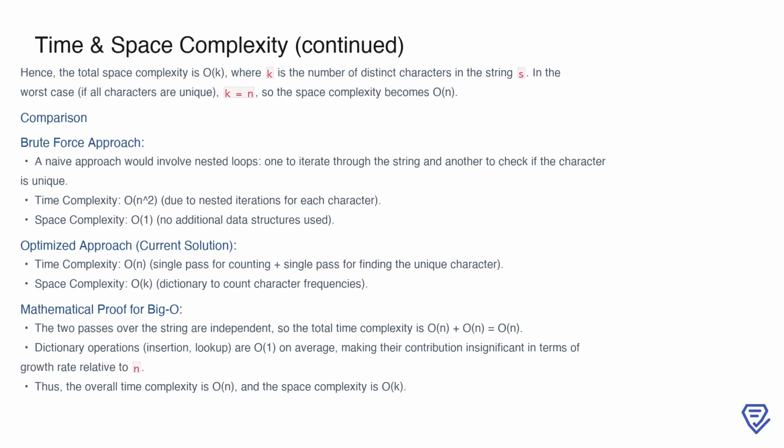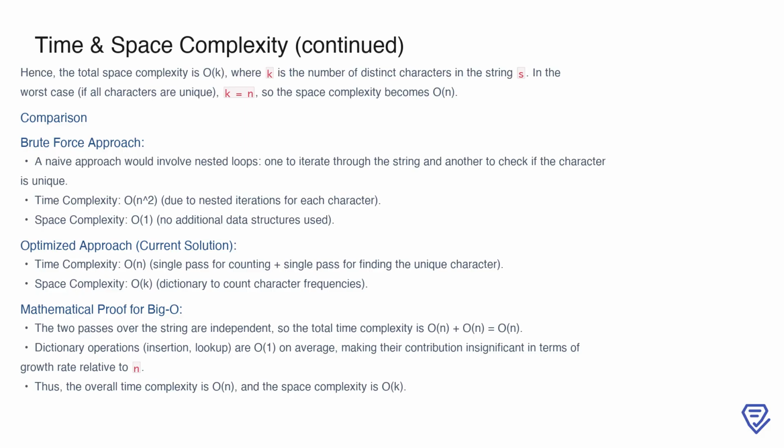To summarize, the total space complexity is O(k), where k represents the number of distinct characters in the string. If all characters are unique, then k equals n, making the space complexity O(n). Let's compare this with the brute force approach. A naive method would involve nested loops, one to iterate through the string and another to check if each character